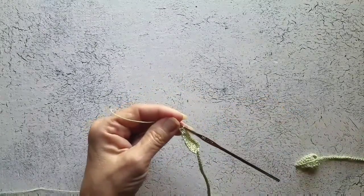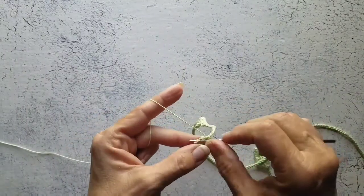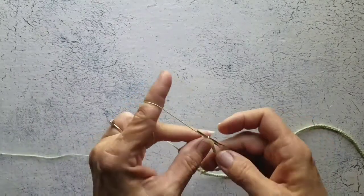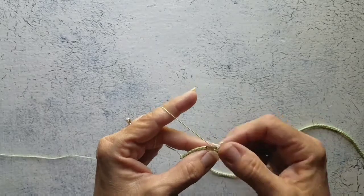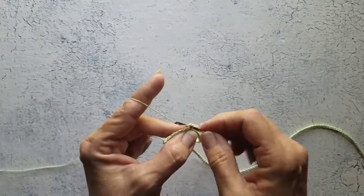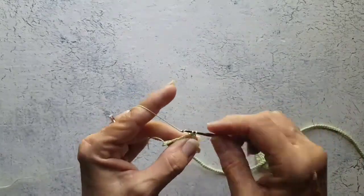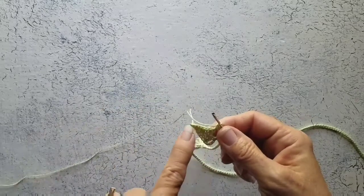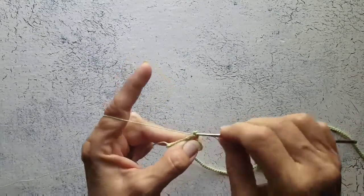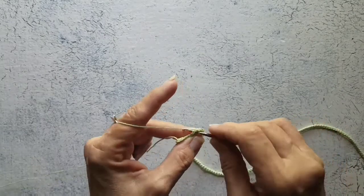I have slip stitched down to the next leaf, and we're going to do the same thing. Slip stitch in this chain 3 space, chain 1, work 3 single crochet in the same space, and single crochet in each of these stitches, so this will be 6. So 1, 2,